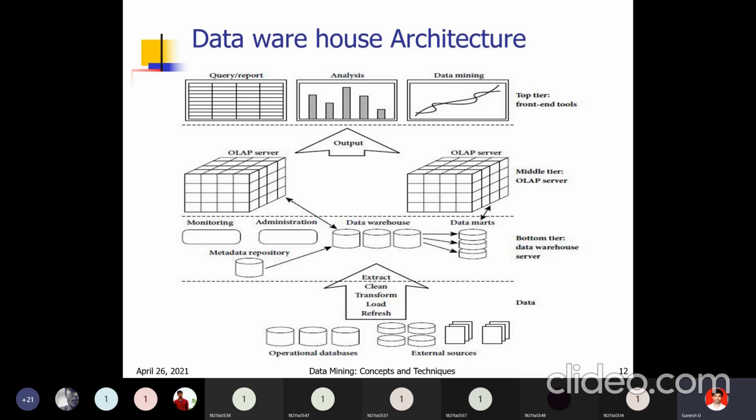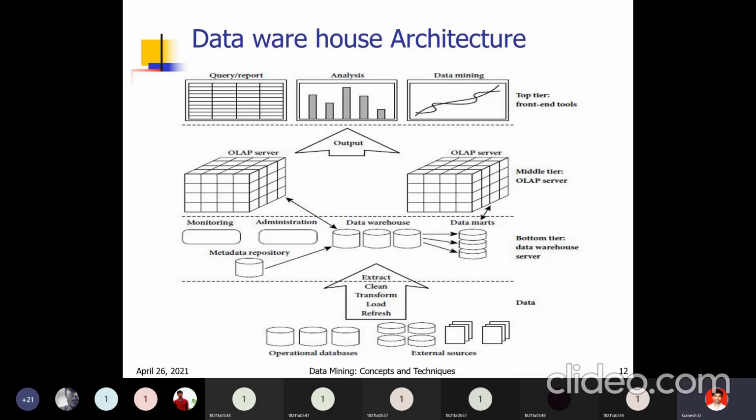For example, the data warehouse is the entire BVRIT institution, and a data mart is one department's data: ECE, CSE, next EEE, IT, mechanical, civil. Six data marts are there, and combined, these six data marts represent the data in the data warehouse. That is what a data mart means. A data mart is a subset of organization-wide data.